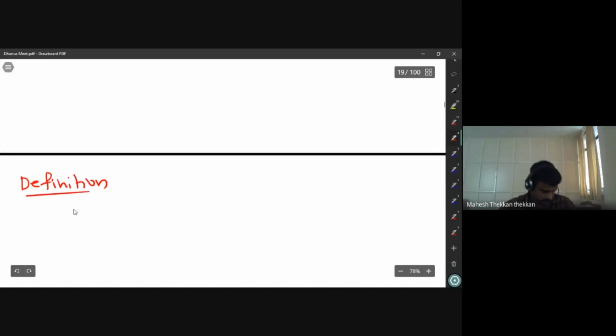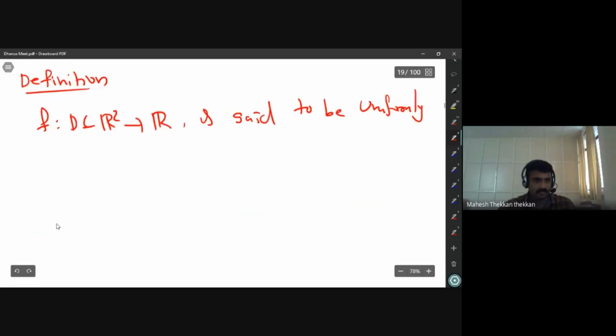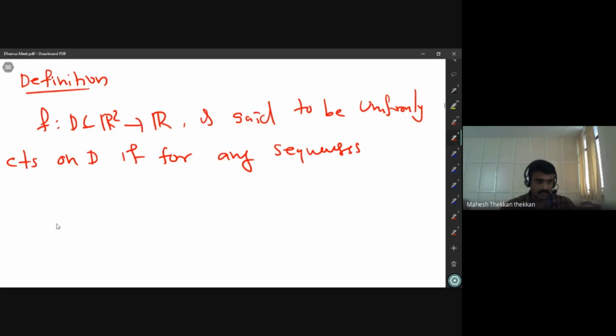I consider a function f from D, a subset of R2, to R. It is said to be uniformly continuous on D if for any sequences xn, yn and an, bn in D such that